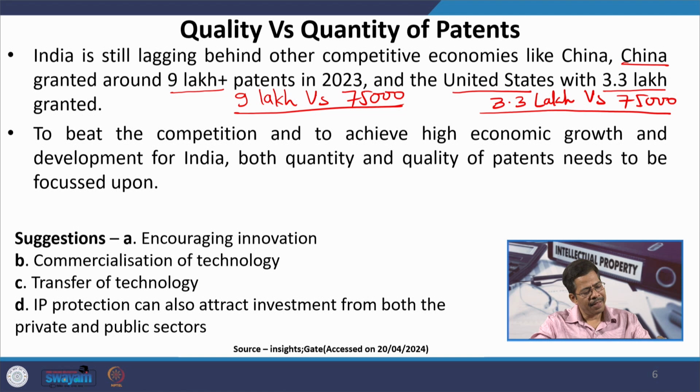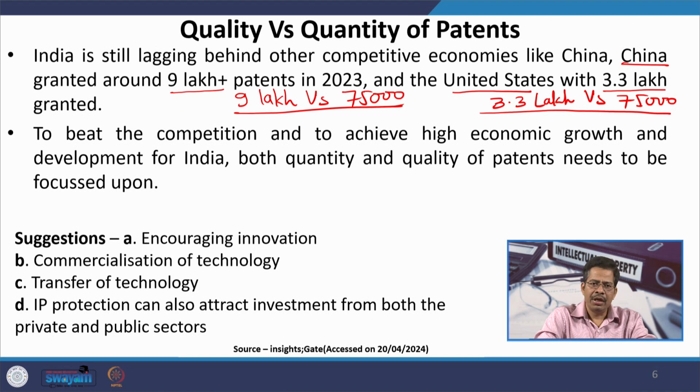But once a critical mass is achieved, once you are able to cross a particular threshold value, then you should focus equally on quality aspects, because ultimately, as we have already discussed in our earlier sessions,